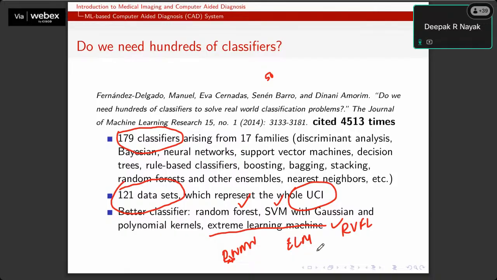In this kind of architecture, you have only one hidden layer: one input layer, one hidden layer, and one output layer. The input-to-hidden weights are random, and the output weights are computed using some sort of analytical approach.